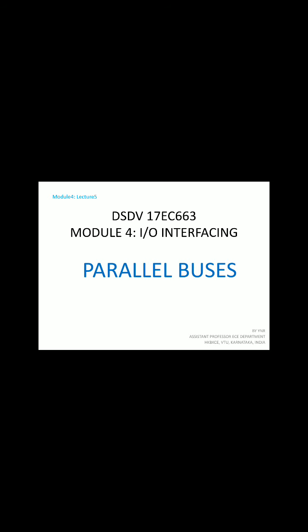We saw in the block diagram of the embedded processor the CPU, the input device, the output device, the input output controllers and the accelerometers, all interconnected and interacting with the CPU. And we saw there are two parallel buses, an instruction bus and a data bus. What is meant by bus? That we will be studying in this lecture. And what is meant by parallel bus? We will start our class.